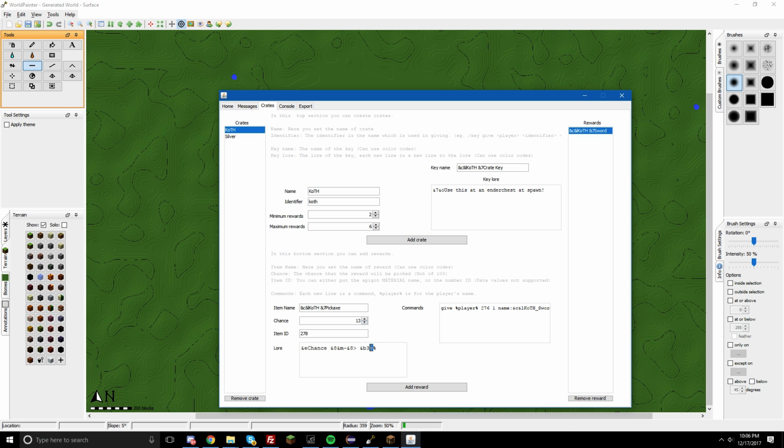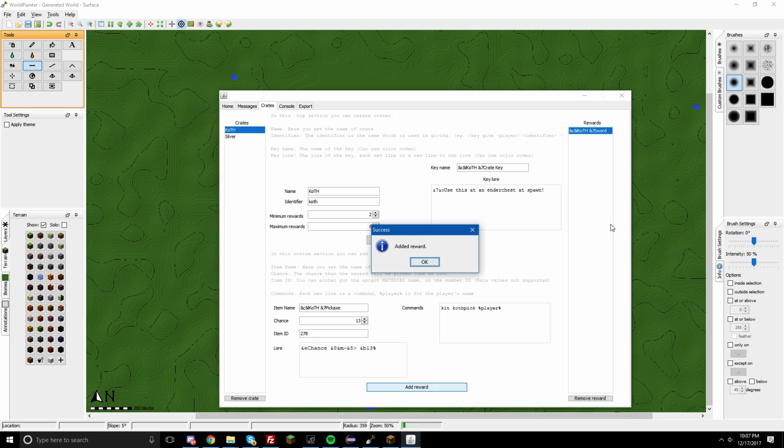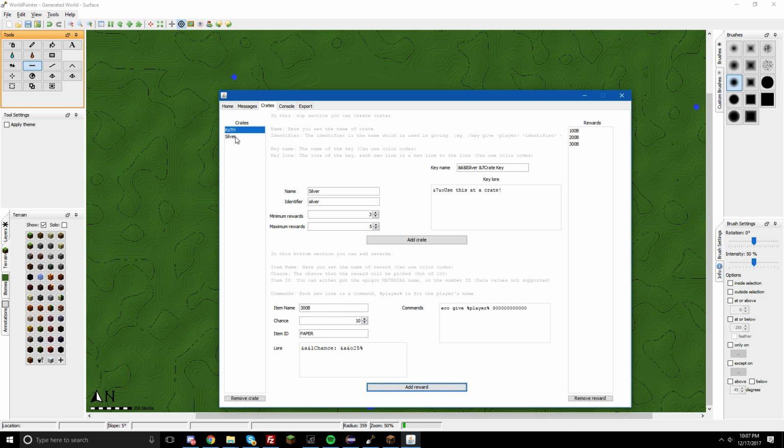So let's just put 13 here. Now let's just do kit Koth pick. So now it'll give the Koth pick kit to the player and add reward. And then quickly refresh it. There you go. So now you have Koth pickaxe, Koth sword,